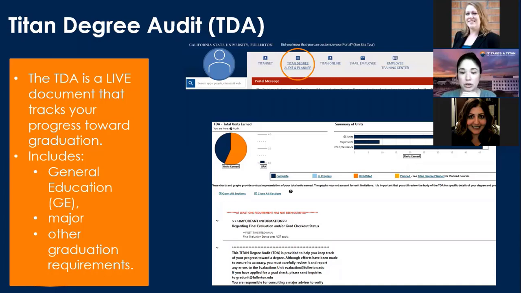To find this document, you will log onto your Student Center, and that's what we have a little snapshot of up here at the top. There's an icon right here that says Titan Degree Audit and Planner. Click on it and you'll be able to run an audit. And this is the page here. This is the HTML format version of it. Here's a little snapshot of what it looks like. So definitely find it. It's very valuable for you, especially as you're registering for your courses. You want to have this nearby.